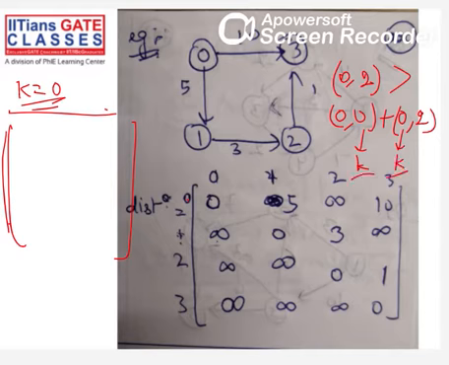You're going through k every time. That means for every node you go to the node 0, and then you come back from k to the other node. All right, so first these values will remain 0.